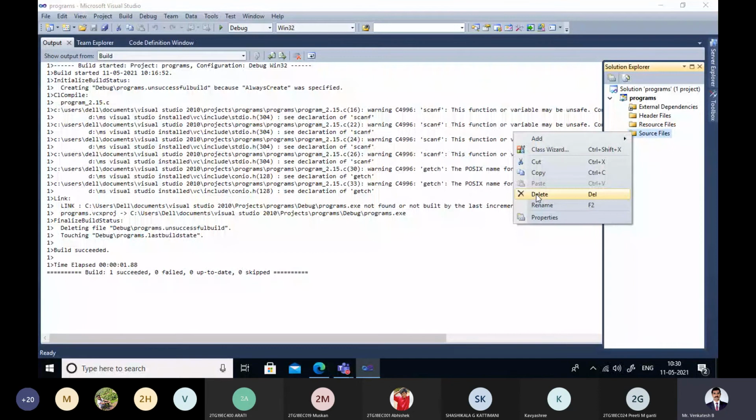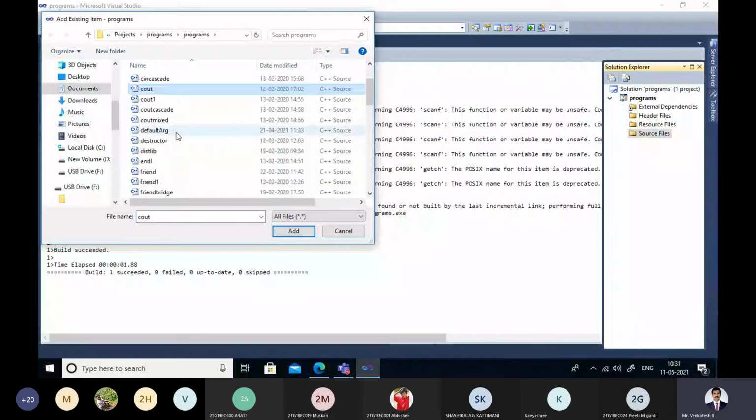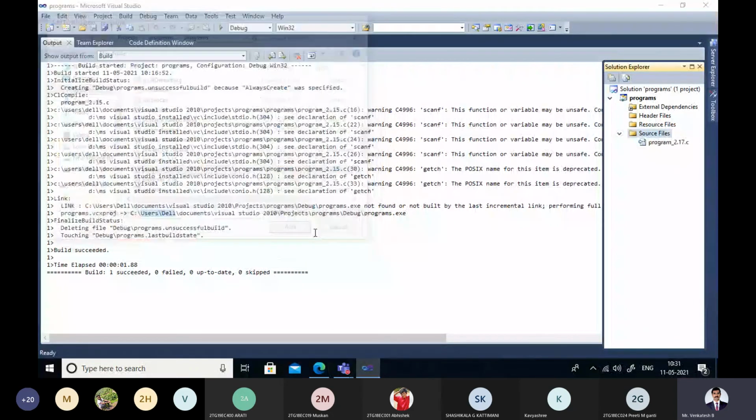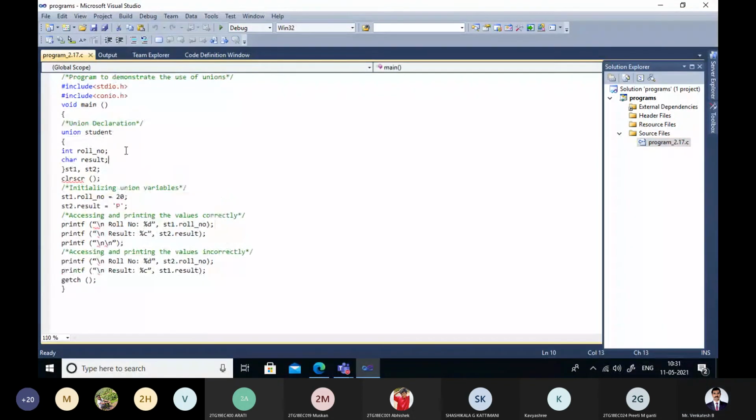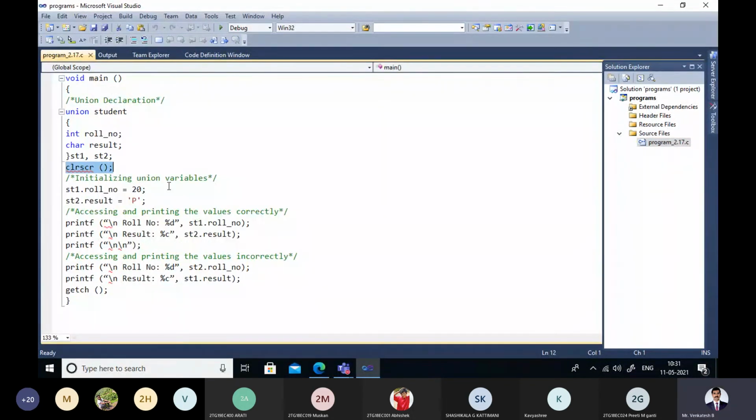I'll just demonstrate this 2.17 program for showing the demonstration of unions. Then we'll ask the user to enter the roll number.